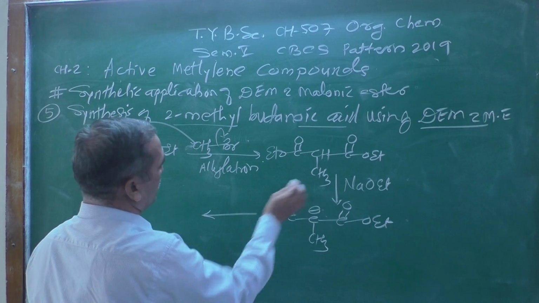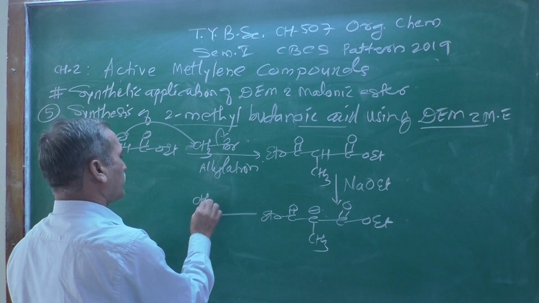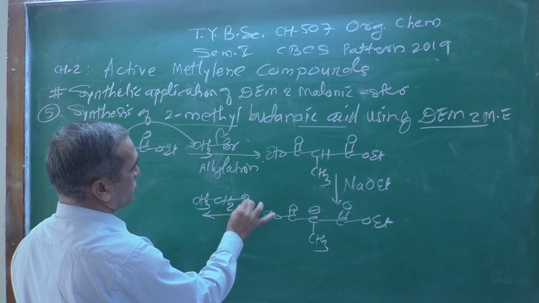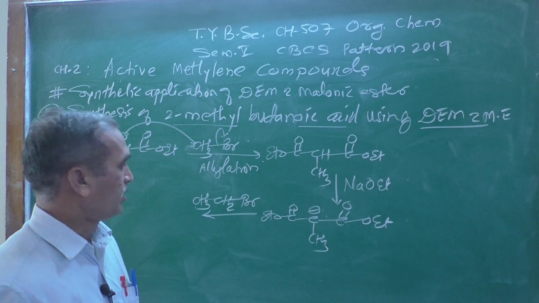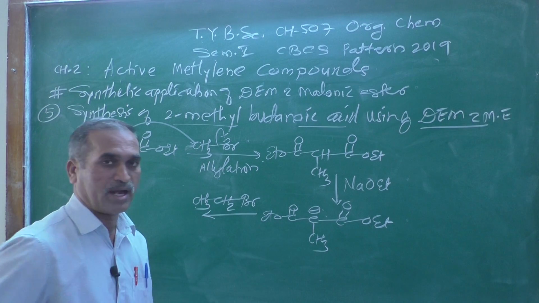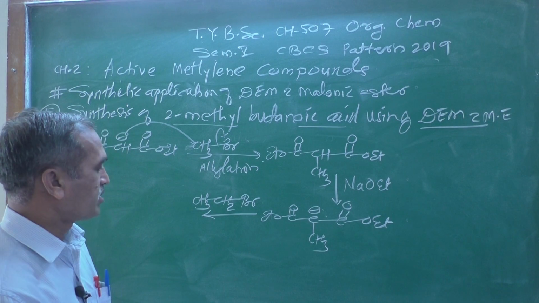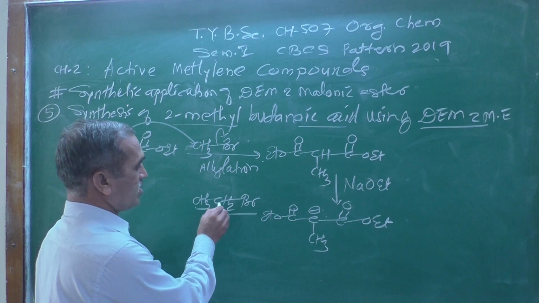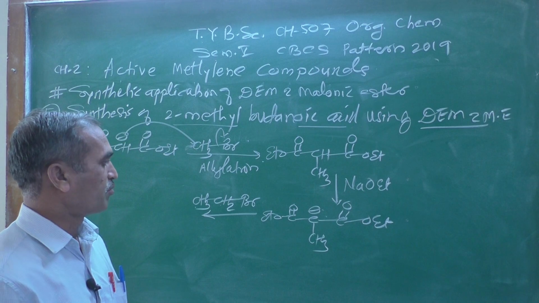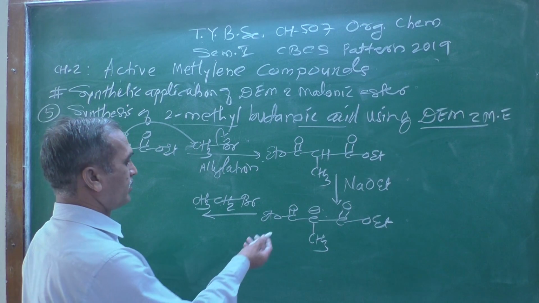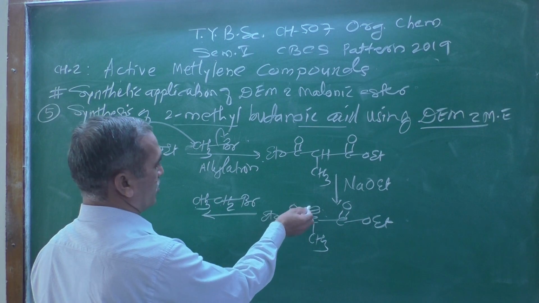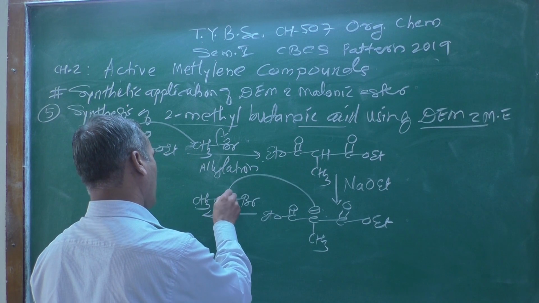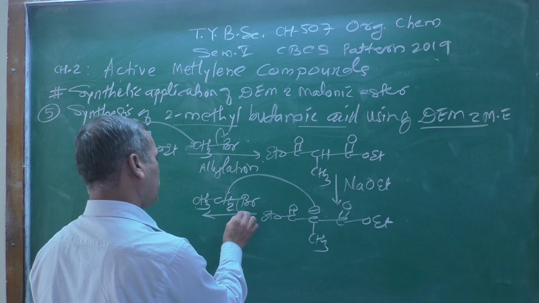Alkylation, and further you use the appropriate primary alkyl halide, which is CH3CH2Br. Now there are two carbon atoms, which of them is electrophilic in nature? So this CH2 group is more electrophilic than this CH3, and therefore it undergoes nucleophilic substitution reaction